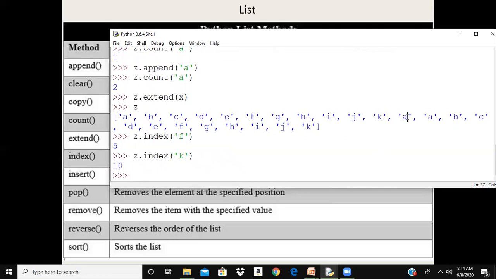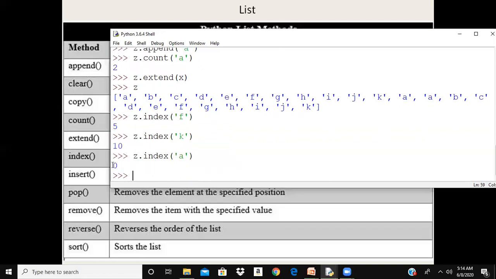So what is the index of this a? It will be 11. What will happen if I say Z dot index of a? The answer is 0. What happened is, instead of giving the position of this a, the function returned the position of the first a.